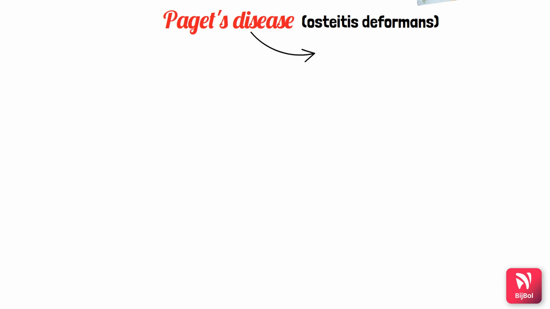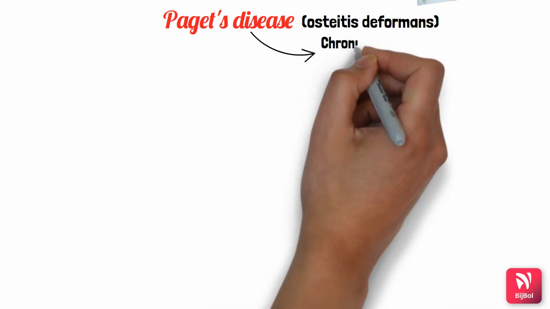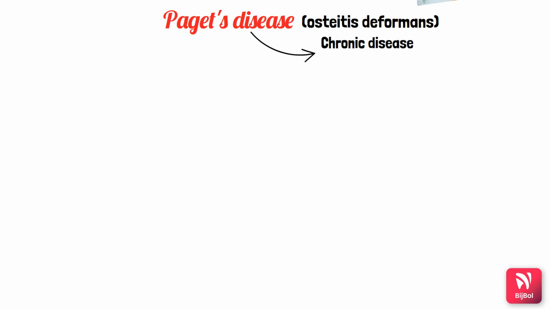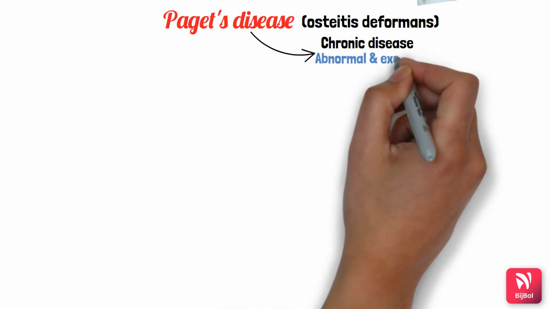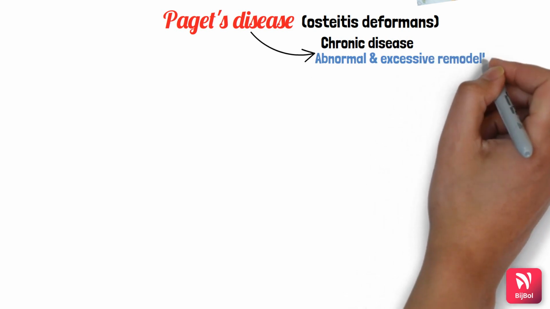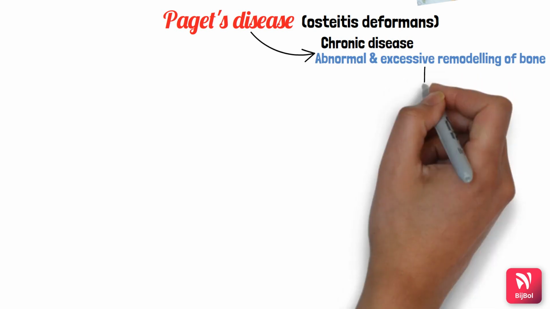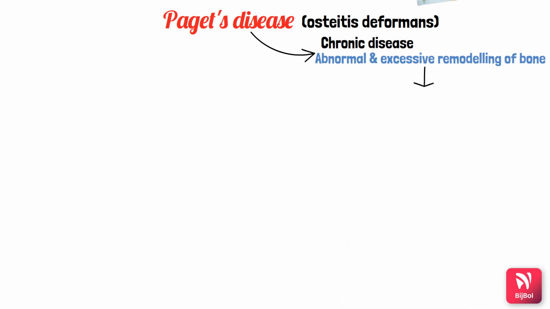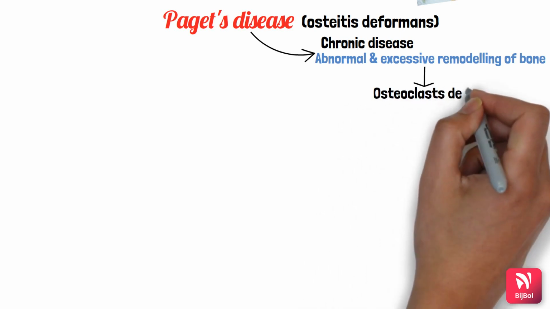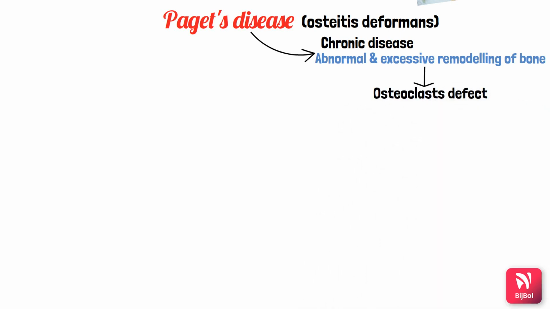Paget's disease is a chronic progressive disease of the bone, which is characterized by abnormal and excessive remodeling of the bone. That is, both formation and resorption of the bone will be defective. They said it is mainly a defect of the osteoclast, but actually the whole sequence of Paget's disease